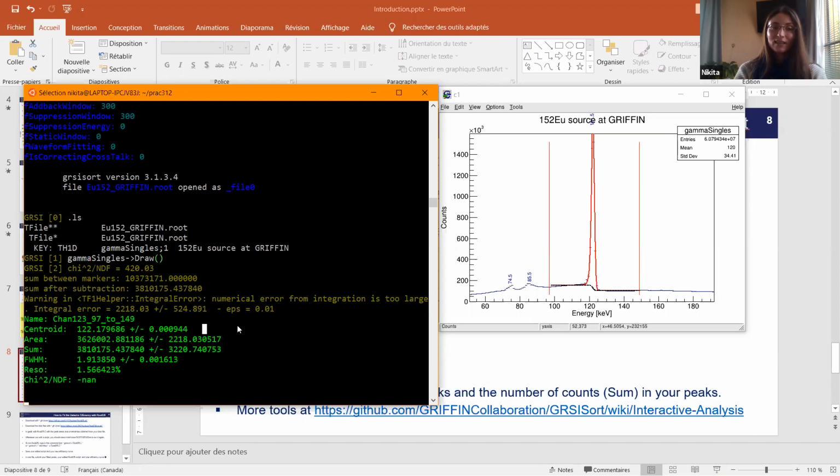My point here is that there is always an uncertainty on the energy calibration. You should have noticed that in the last 2 pracs in the lab. And this doesn't know about this uncertainty on the calibration. So this is purely a mathematical and statistical uncertainty, and we don't consider it. The uncertainty on your calibration would always be bigger than the uncertainty from your fit over here. So the energy, this is what we were looking at in the last lab, and this is how easy it is to get it with a full gamma ray spectroscopy code. And